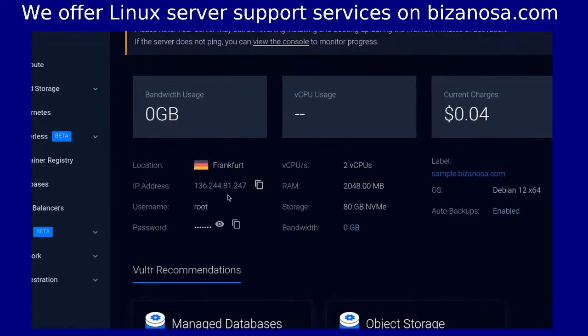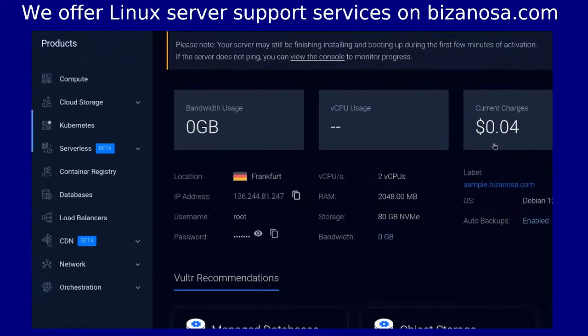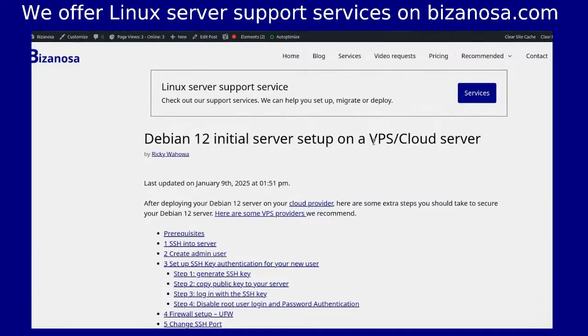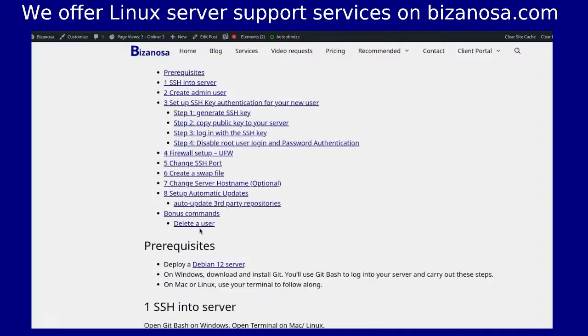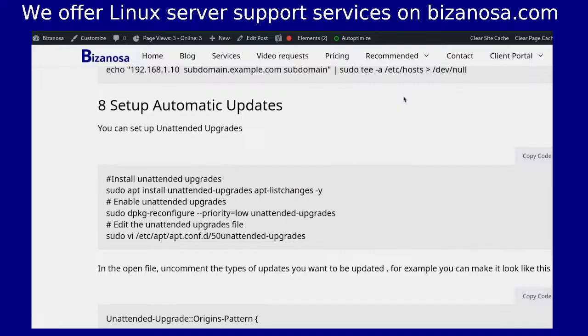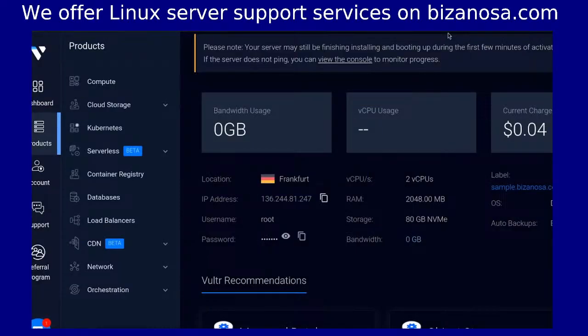Before I log into the server, I'm going to use my Debian 12 initial server setup, and I'll add the link in the description. In case I forget, just remind me. So what I'm going to need is here under setup automatic updates. So I'll try to log into the server. Come here, I'll copy the IP,